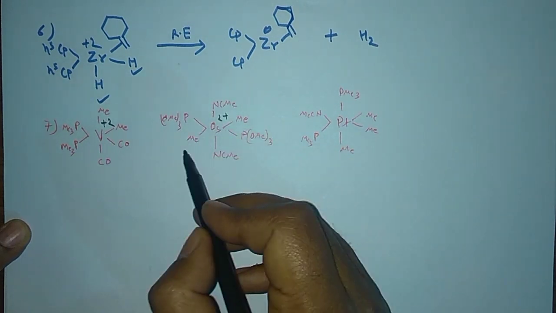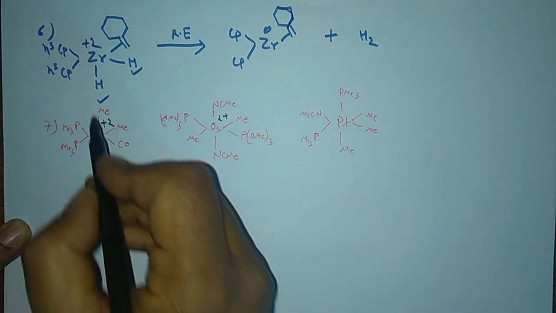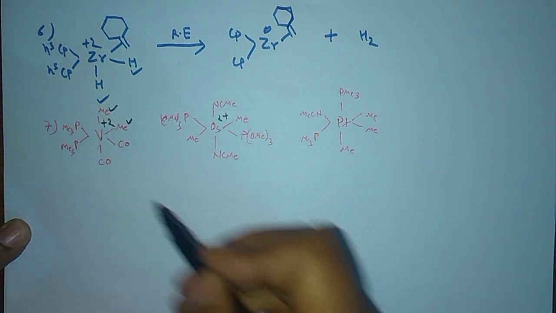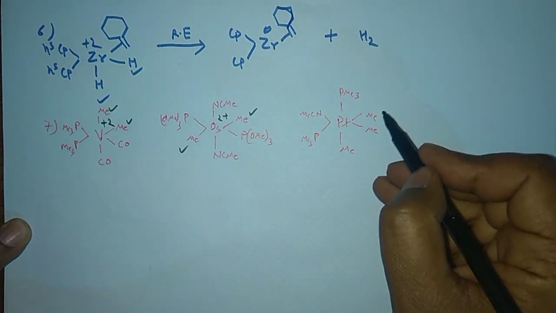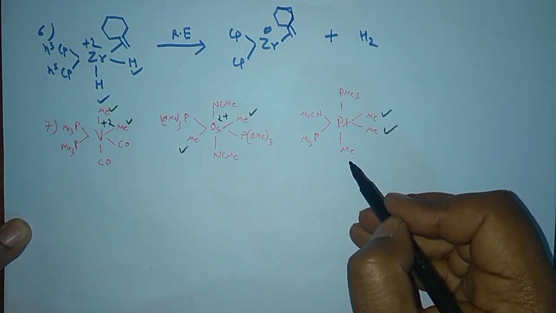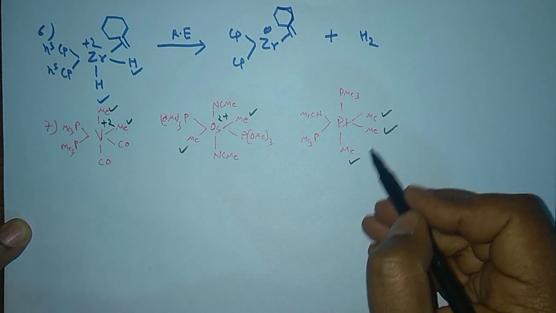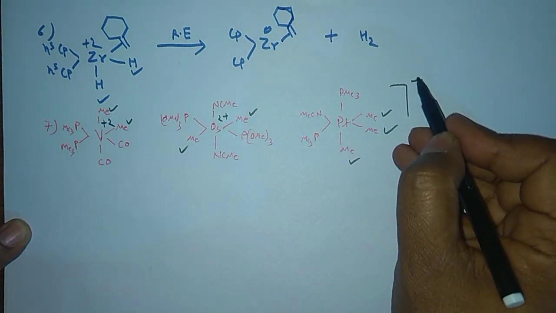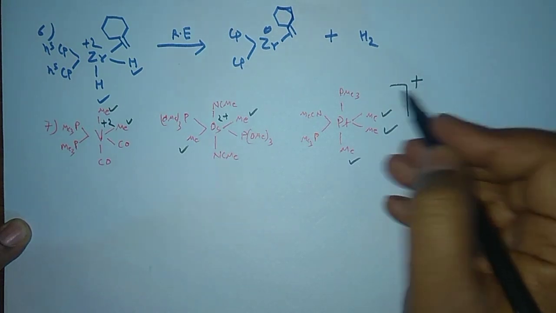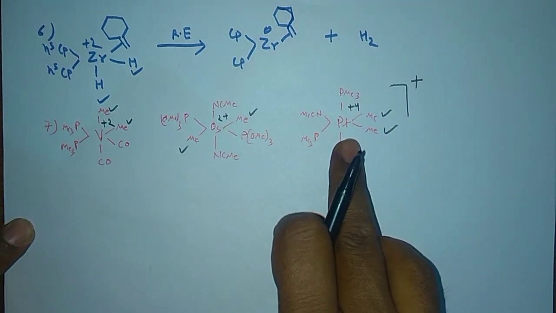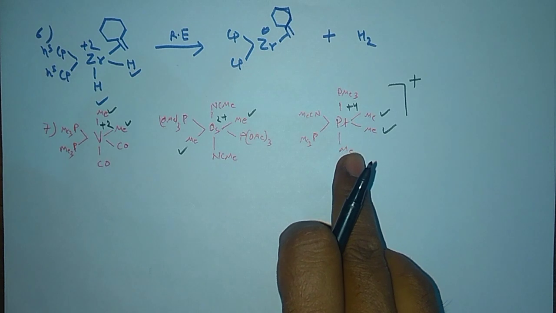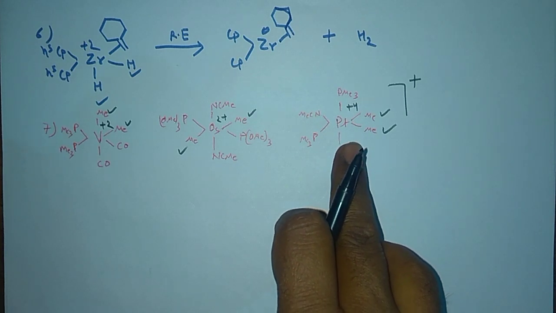All groups are neutral in nature. So these two are giving the +2 oxidation state, these two are giving the +2 oxidation state, and in that case 1, 2, 3. And say 1 positive is over there. So 1, 2, 3 and 4, it is in +4 oxidation state. So in this particular complex, this platinum is having electron deficiency.